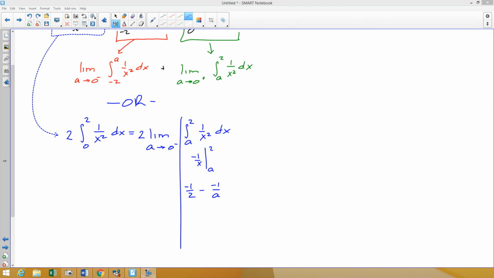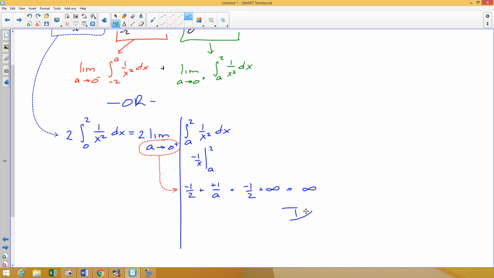All right, so there is our antiderivative evaluated from a to 2. Now we're going to go back to the limit and see what happens to this function. So minus a negative is plus. We're going to see what happens as a approaches 0 from the right. And what we're going to run into here is negative 1/2, which is unaffected by a, plus 1 over a, where a approaches 0 from the right side of 0. So 1 over 0 from the right is going to be positive infinity, and negative 1/2 plus infinity is infinity,